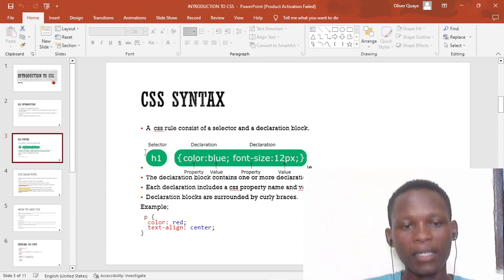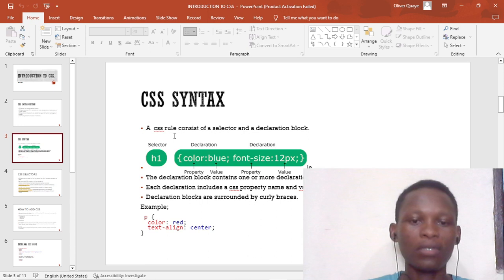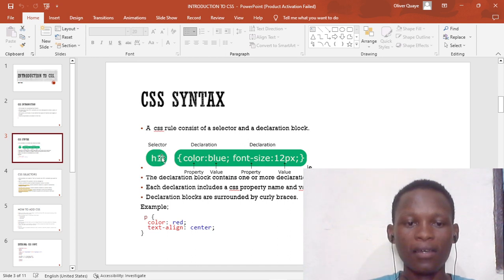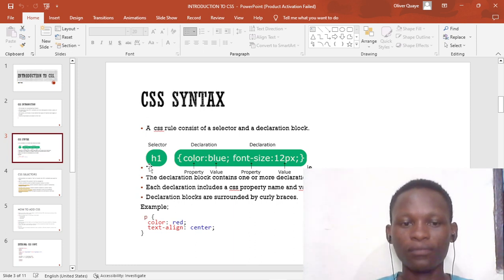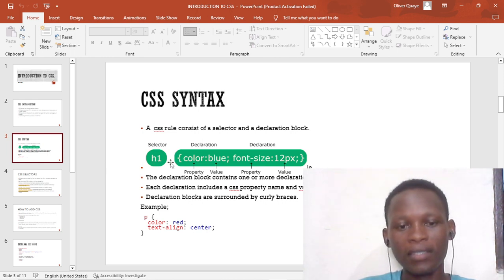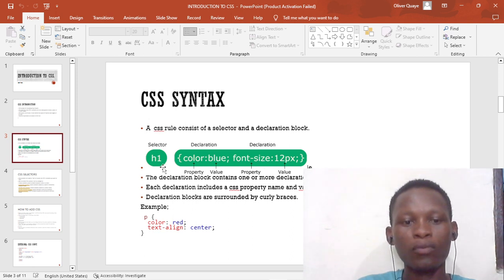Let's move on to the CSS syntax. A CSS rule consists of a selector and a declaration block. So what we have here is a selector. H1 is a selector. It selects a particular HTML element to be styled. Looking at this, all these styles are being applied to the H1 element in the HTML file. It is applying the color blue and a font size of 12 to the corresponding H1 element